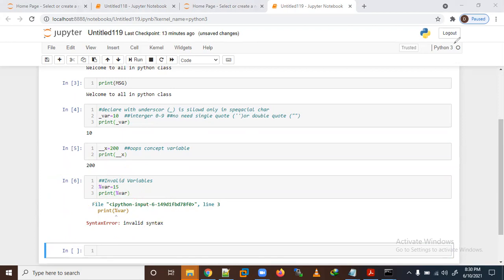Let me produce some more examples. Now I will start with the digit 99 and put abc, and abc is holding a string value, for example python. Now print, and I make 99 underscore ABC.